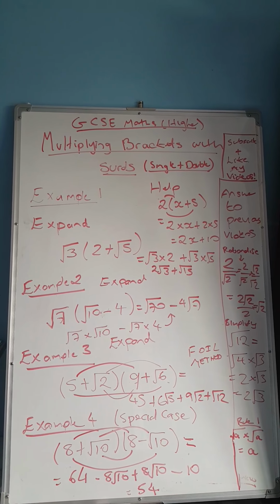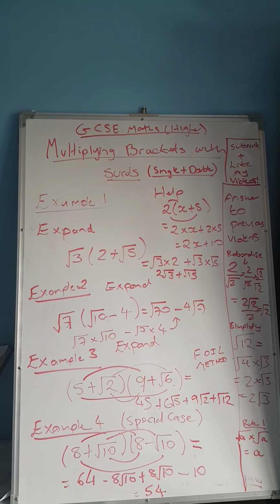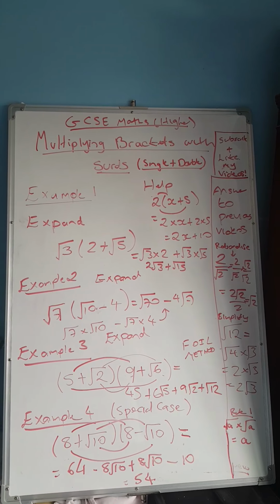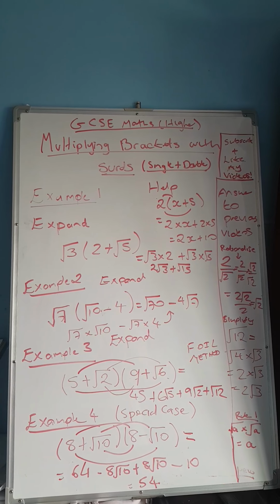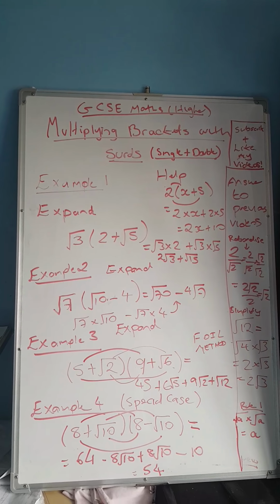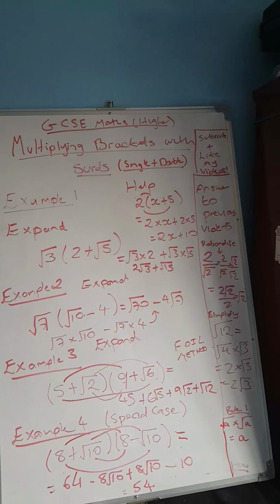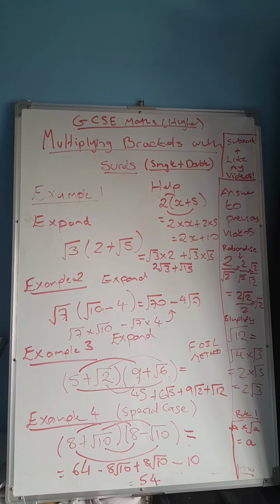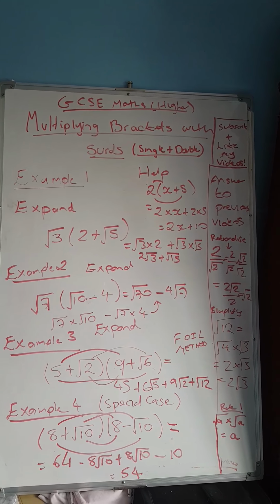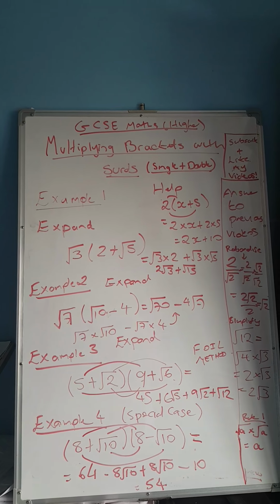And then finally, the last 2 examples. This is a double bracket, so 5 times 9 is going to be 45. 5 times root 6 should be 5 root 6, not 6 root 5, sorry about that. 9 times root 2 is going to be 9 root 2, and then root 2 times root 6 is root 12, which can be simplified. So my answer would be 45 plus 5 root 6 plus 2 root 2, plus 11 root 2,